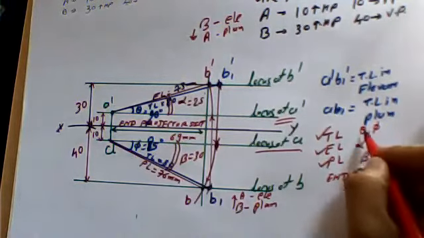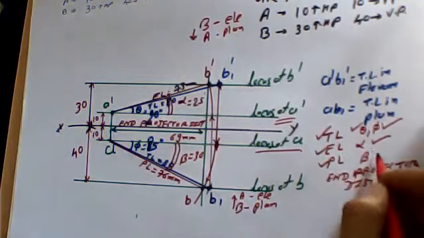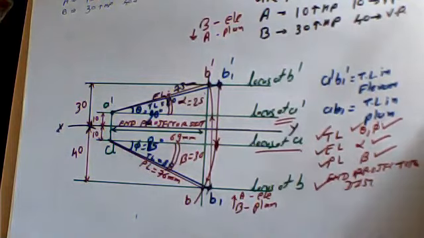So had we got theta? Yes, we have got phi, we have got alpha, we have got beta, and we have got end projector distance. If all data is clearly available, then your problem is right, problem is true, and you need to mention all details. With true length कितना है, elevation length कितना है, plan length कितना है, and projector distance कितना है, theta कितना है, phi कितना है. You need to mention all details. I hope you have understood it well.